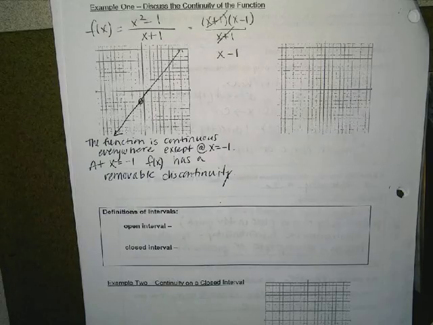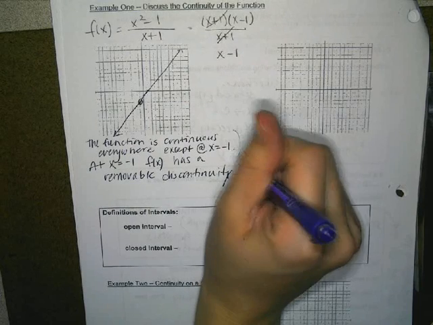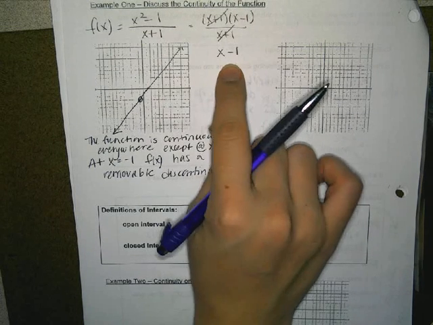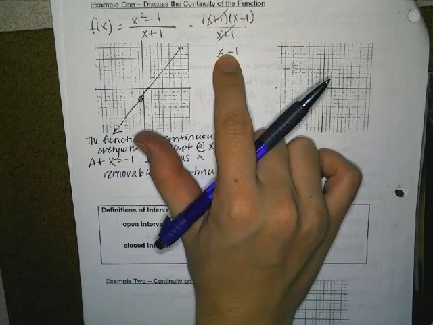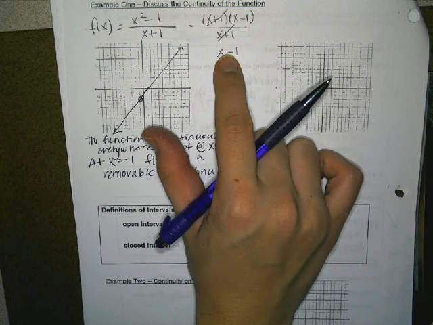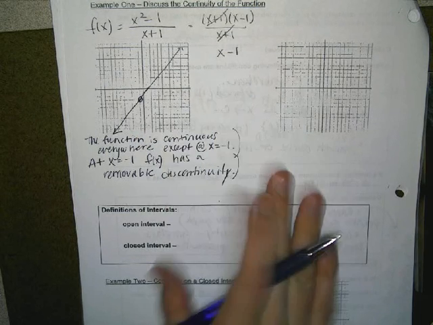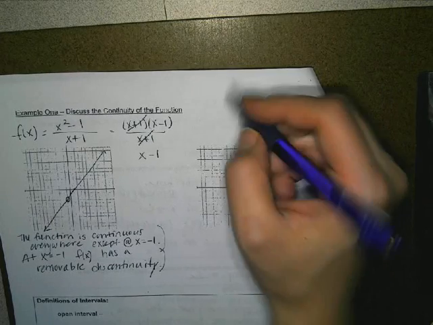Okay, so again, you have to make a continuity statement, and then you have to describe what kind of discontinuity you have. If I just had a straight line, if this was my original function, you could say the function is continuous everywhere, period. If there is no hole in the graph, there is no asymptote, you don't have to explain that further. Okay, the other one that I want to cover here